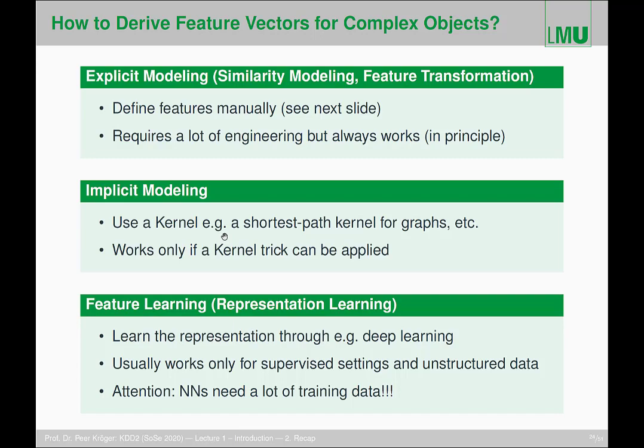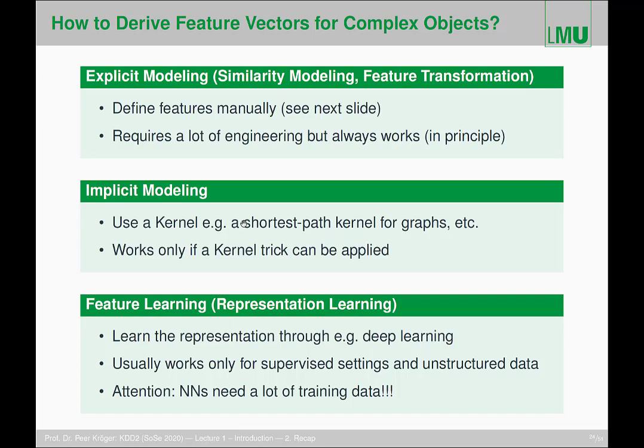A kernel is a kind of implicit feature transformation, because here you take in the end any kind of representation, define a kernel function on it, and use the kernel function as a similarity metric. So for example, you can come up with a so-called shortest path kernel for graphs, which is a similarity model for graphs. And then you can plug in the kernel